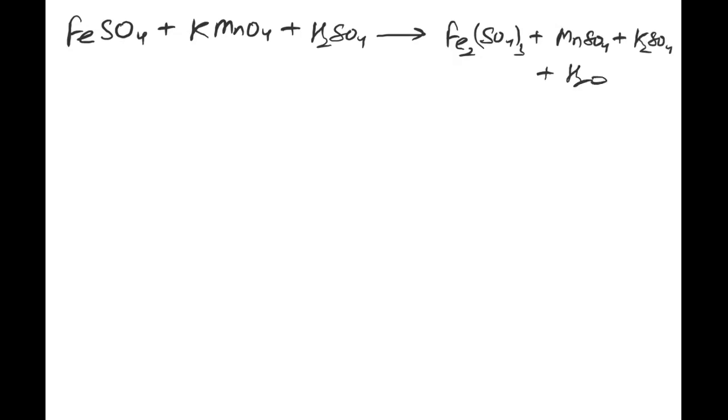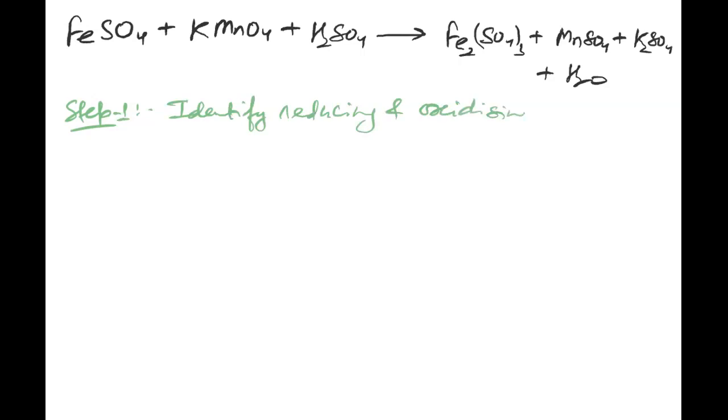Without proper steps, it is going to be very difficult to balance this type of redox reaction. So you have to understand there are specific steps, a specific method, to balance a redox reaction. As per step 1, identify the reducing and oxidizing agent. You have to identify which one is the reducing agent and which is the oxidizing agent by seeing the change